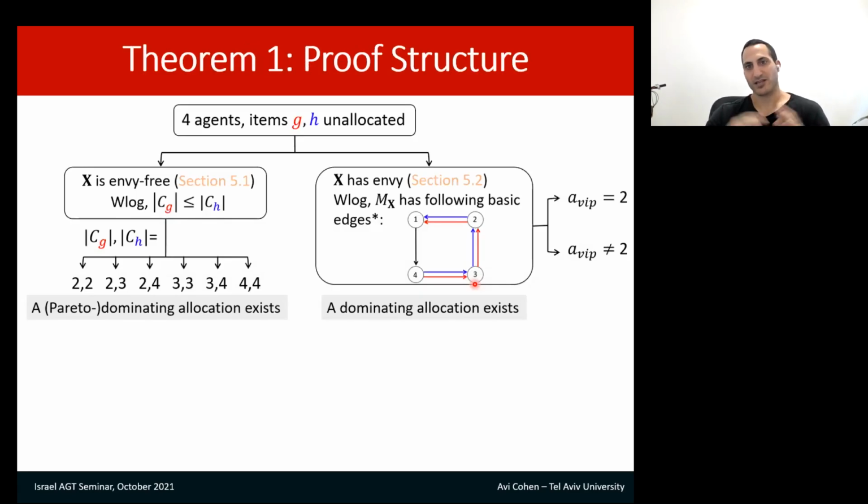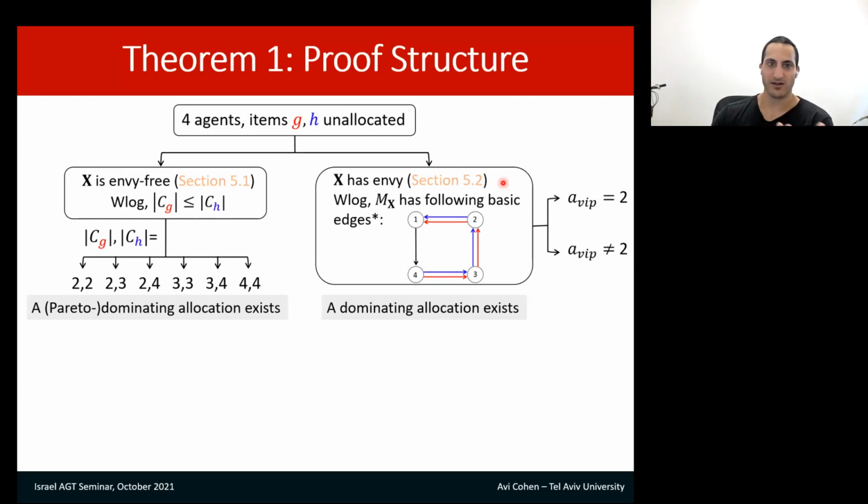And this is the general proof structure that we have in the sketch in the paper itself. Okay, so given we have 4 agents, and we assume we have 2 unallocated items, G and H, which we label red and blue, we have 2 main cases. When X is envy-free, we can always find the Pareto dominating allocation using these recycling techniques. When X has envy edges, is not envy-free,